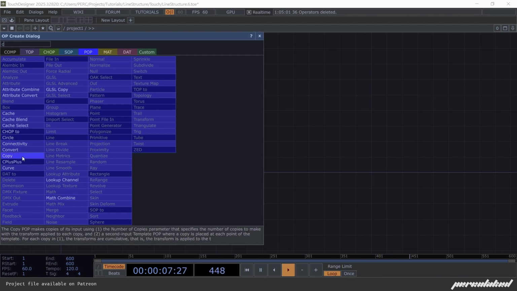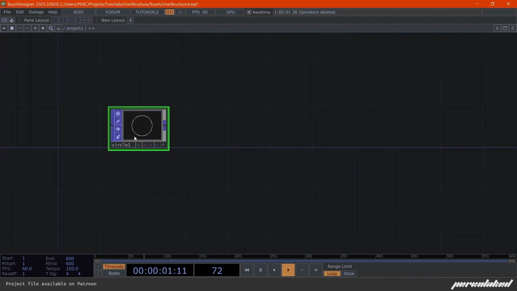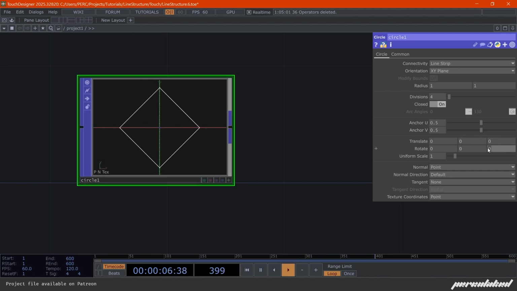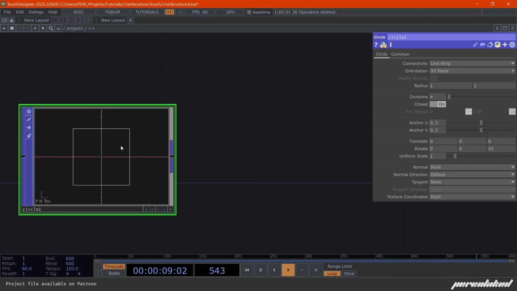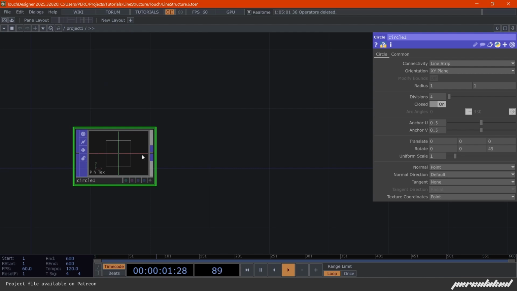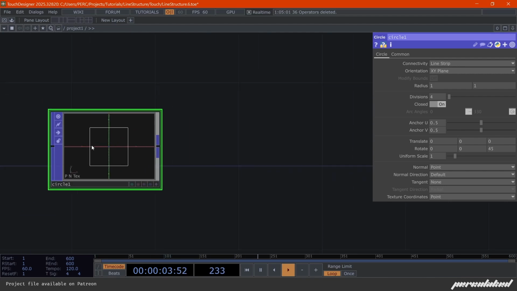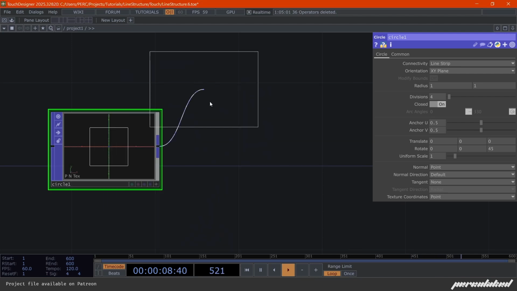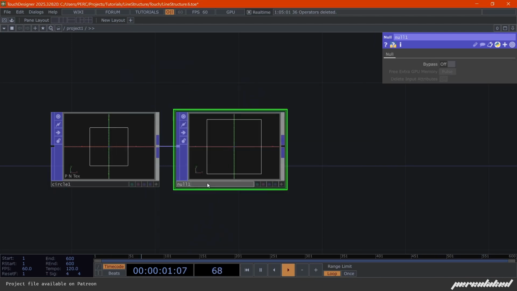So let's start with a circle. I'm gonna, for now, put it to 4 divisions. I'm gonna rotate it 45 so it's square, and that can be our base geometry. It's a line strip, very important. I'm gonna put that into a null that is just called base,